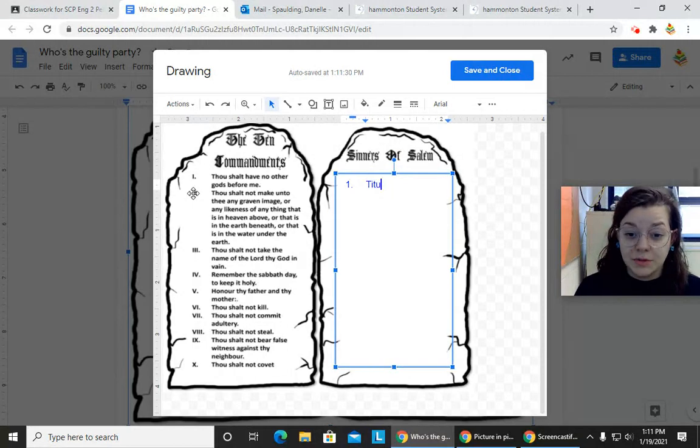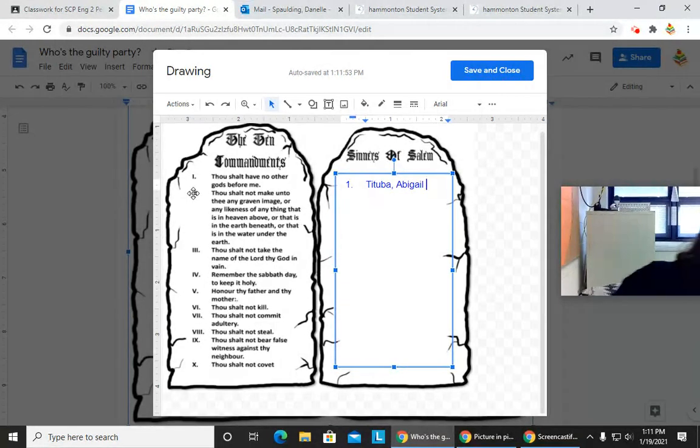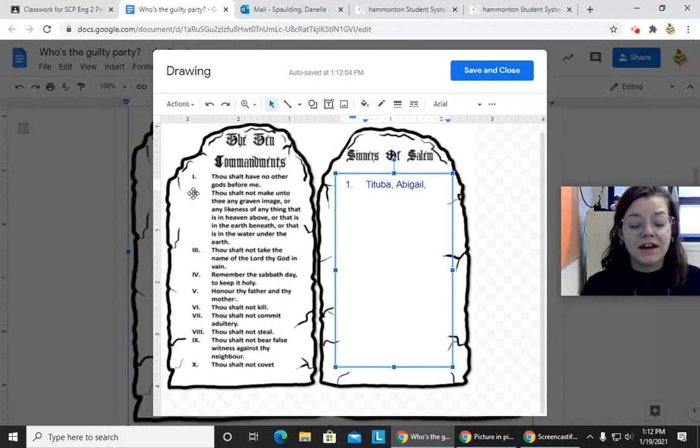That definitely started with Tituba. We know that Tituba said, yes, you're right, I work for the devil, and I've gotten other people to work for the devil with me, but I want to come back to God now. So who else said that in those same scenes? Someone that you're probably going to use their name a lot in these 10 commandments, and who's breaking those commandments, that's the sinners on the right, the people who are breaking the commandments. We're also going to see Abigail. She also admitted right after Tituba that she was working with witches. She was doing witchcraft and working with the devil in order to get whatever she wanted. But she was guilty of it for at least admitting it too. So those are our first 2.